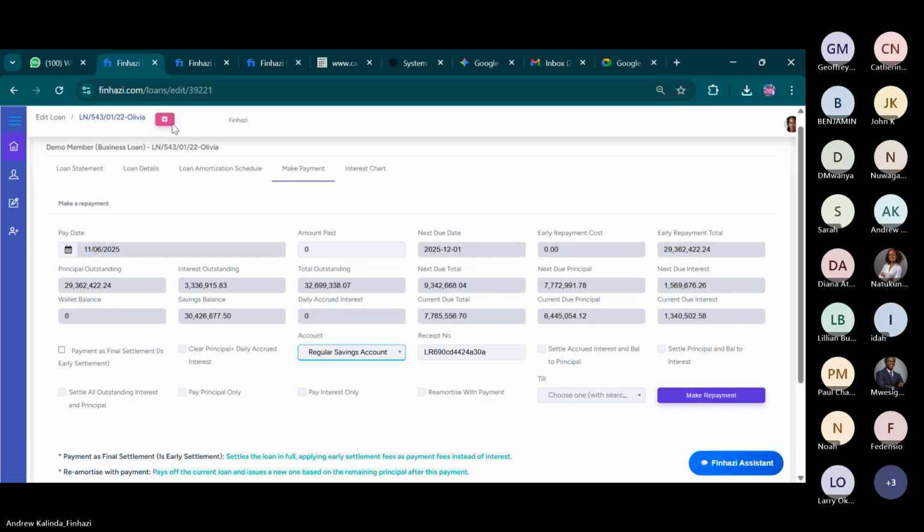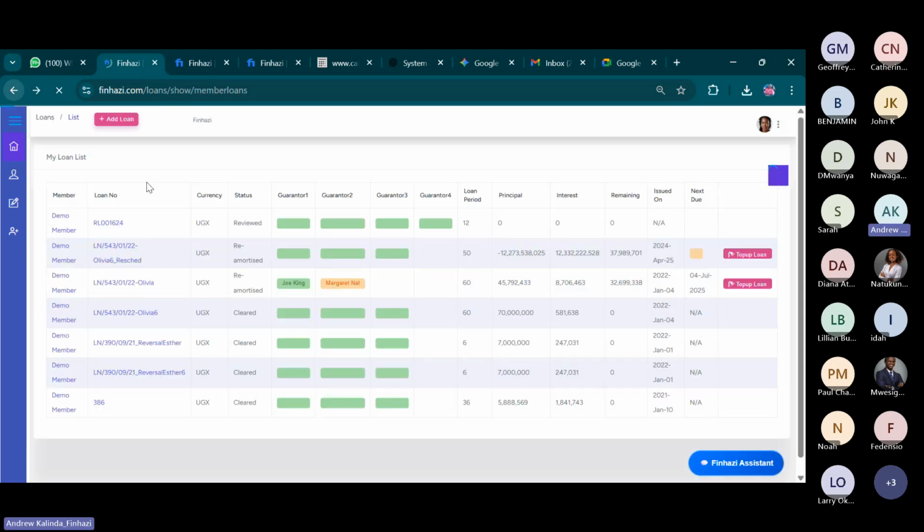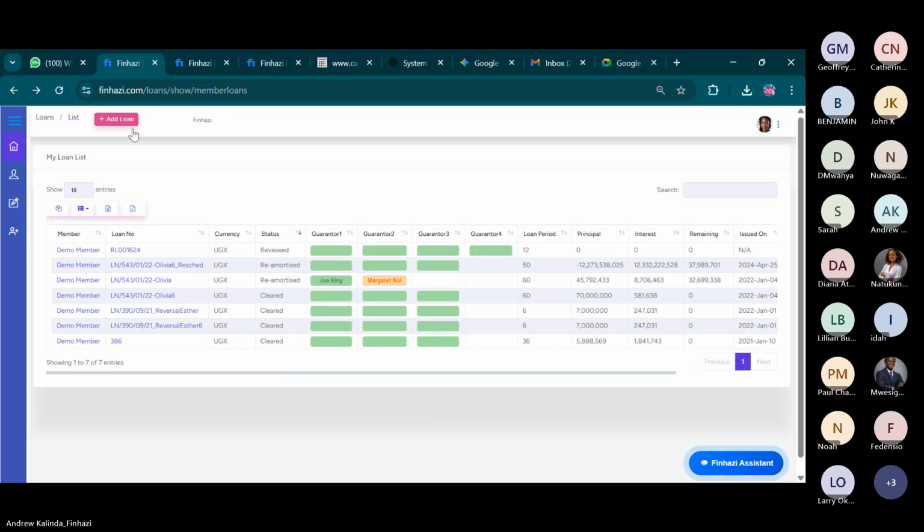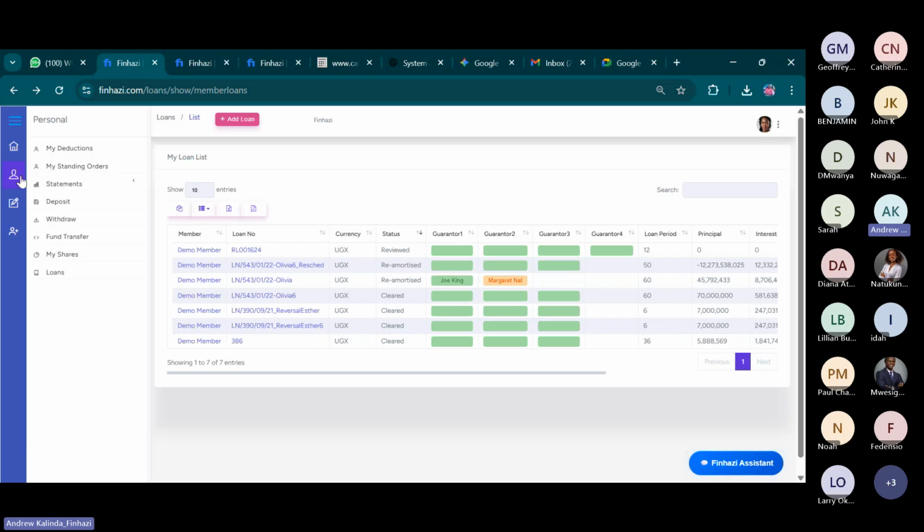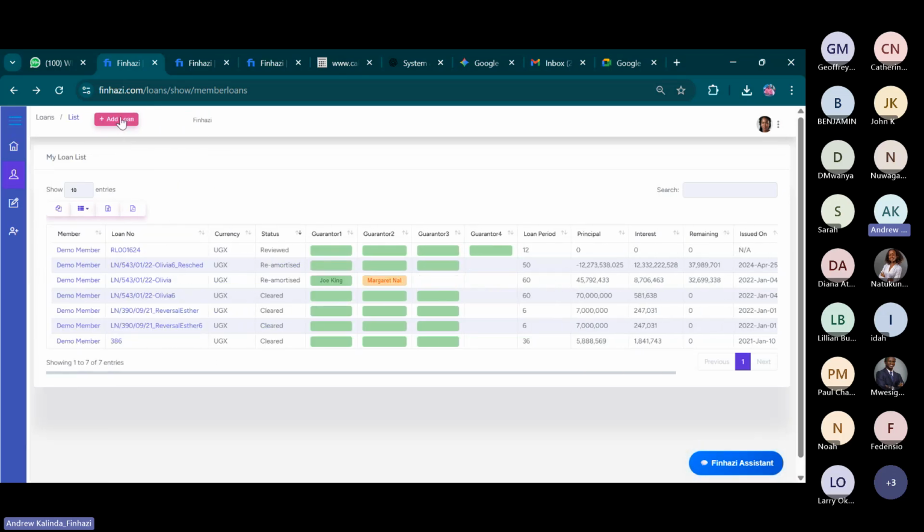Then the loan application. To apply for a loan from within the system, you still also do it at the same point, personal loans, and then click the add loan button at the top here. So if I click this,